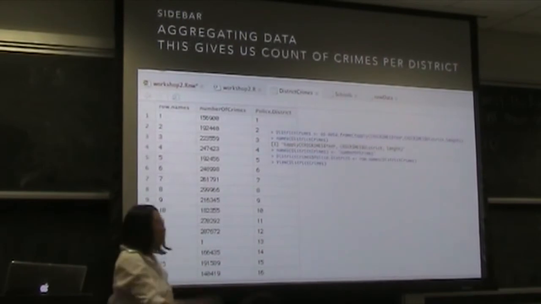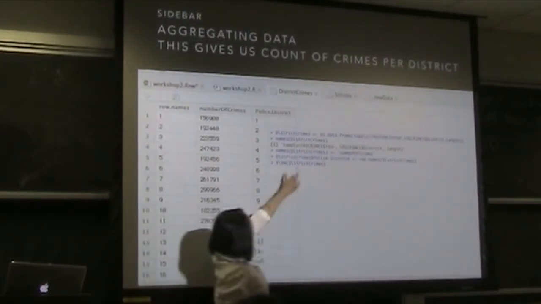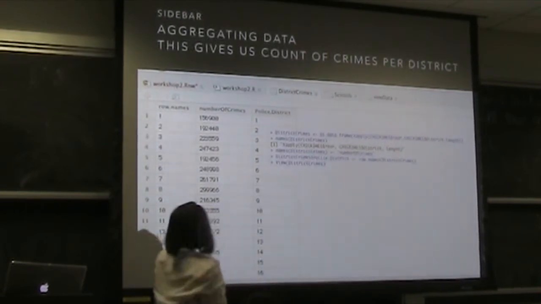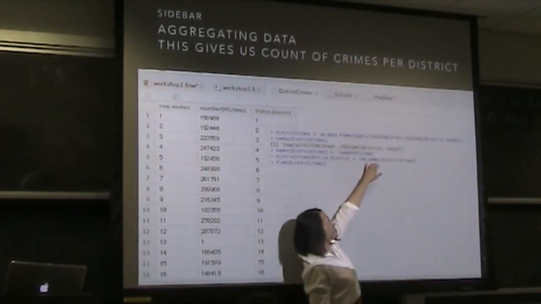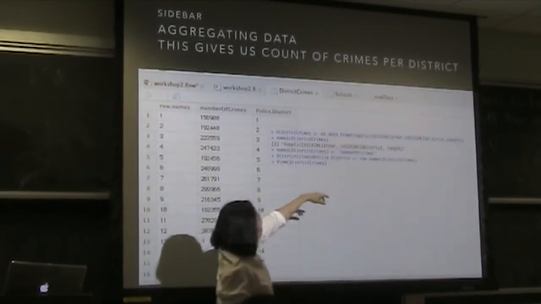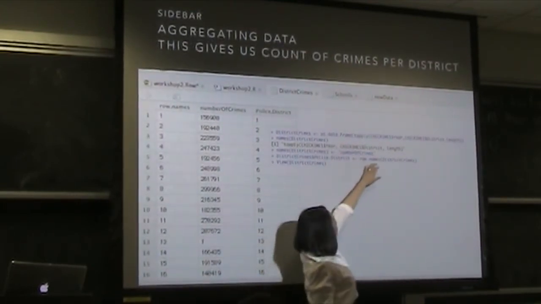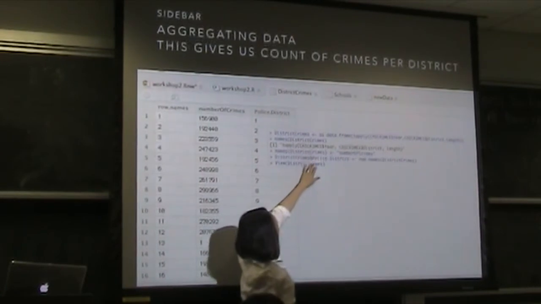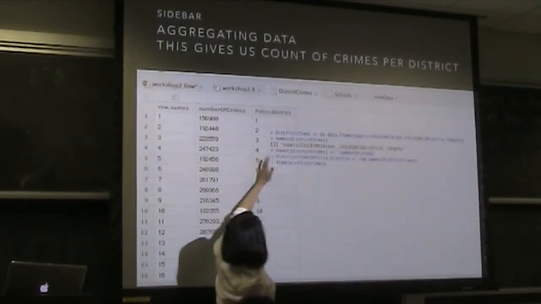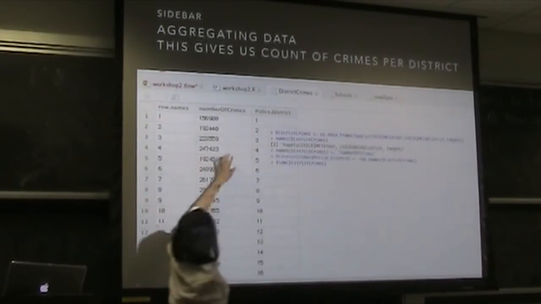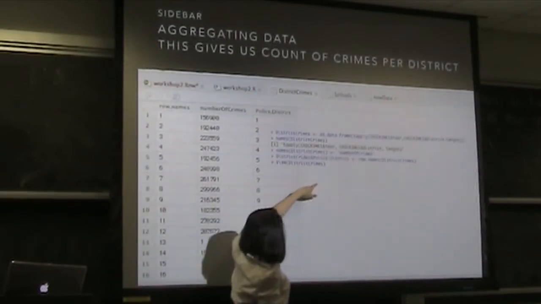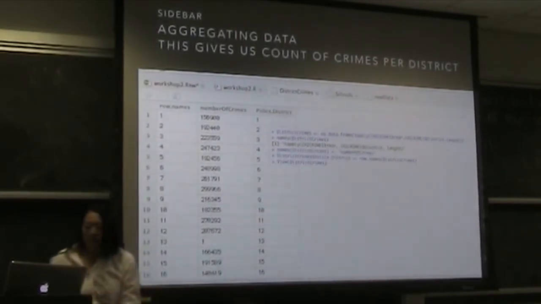Remember, I always want just one pass of the data. In this case, notice what's happening. I would like the police district to exist, because it actually doesn't exist. It's being saved as row names. So if you think you'll be aggregating, you can take a look at the row names of the data set as created, and you'll see it's basically the districts. I'm going to save it to a new variable called police district, so it's just adding an additional column. Otherwise, this was one column and row names that were police districts. But I'm extracting it and saving this new variable. And now I just take a quick peek. That's what you're seeing on the screen here.